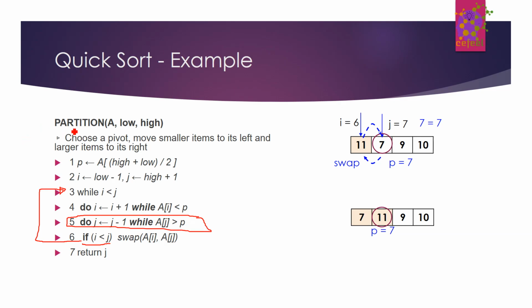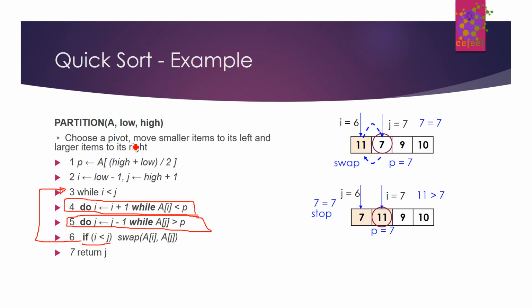So we'll go to step 4 now, that is the first while loop, where we advance I to the right side to find an element that is out of order. So we now increase I to 7, I was 6 earlier, and we'll compare 11 with 7, 11 is greater than 7, which means it is out of order. So 11 should be on the right side of 7. So we will stop here, and then the J loop in step 5 will be decremented, J will now become 6 from 7, and 7 equals 7, which means A[J] is no longer greater than the pivot. So we'll have to stop here,